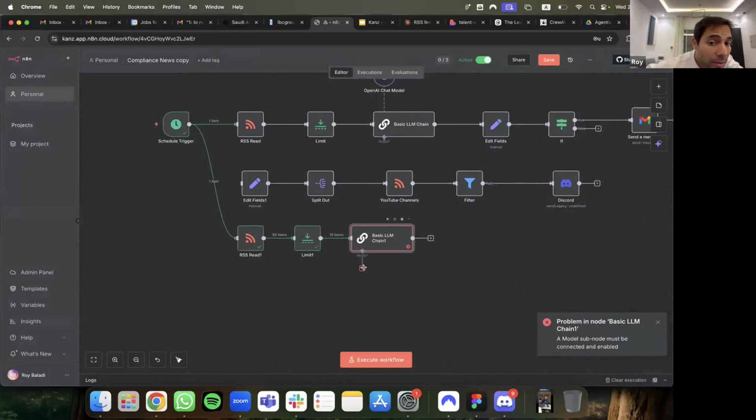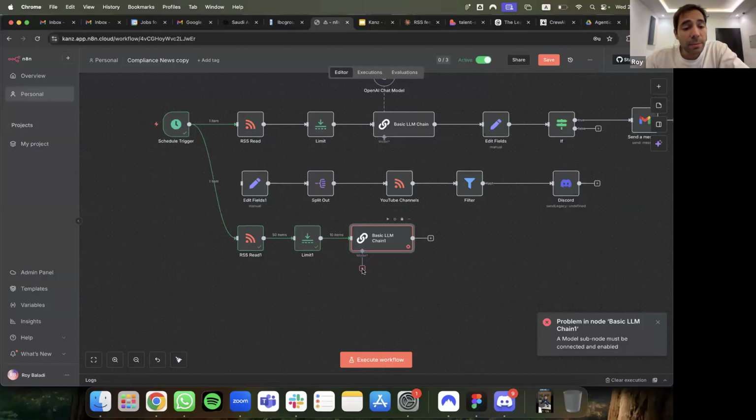Please give me a yes if you've added basic LLM and you're at the step where you want to connect your OpenAI model. And by the way, you're only going to do this once. It's going to be a bit difficult right now, but it's good to learn the alphabet before you can ask AI to write the alphabet for you. So well worth it right now.